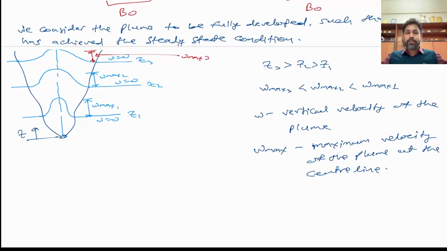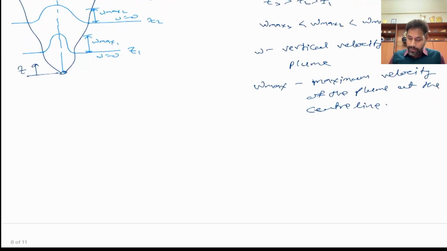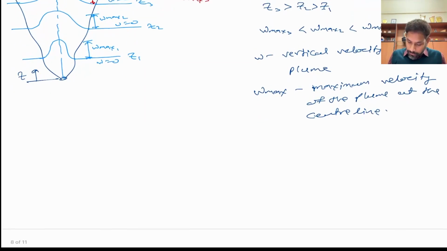And as we reach the boundary of the plume and the ambient air, velocity has become equal to 0. Okay, so as we go up, your W max itself is decreasing, right? But the profile, the trend we see remains same. Okay, and that is why if you want to plot W by W max,